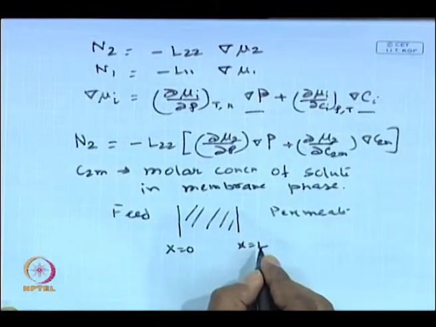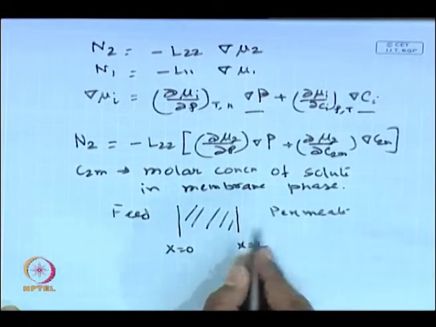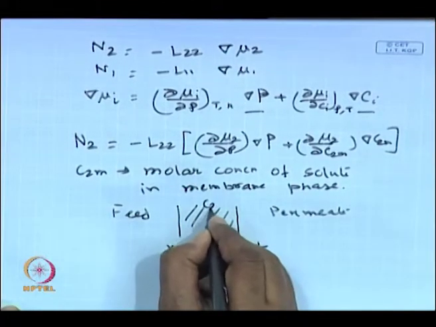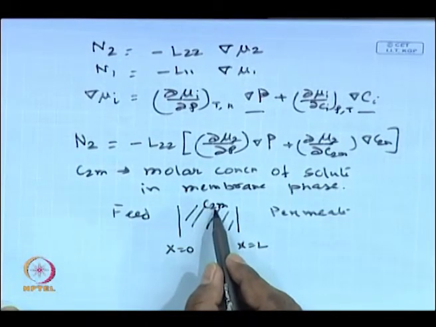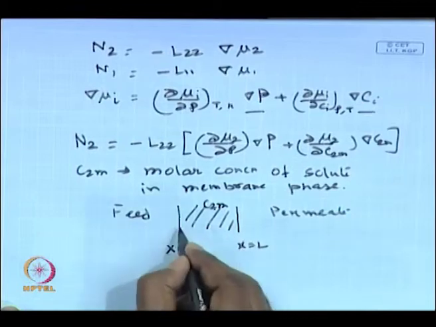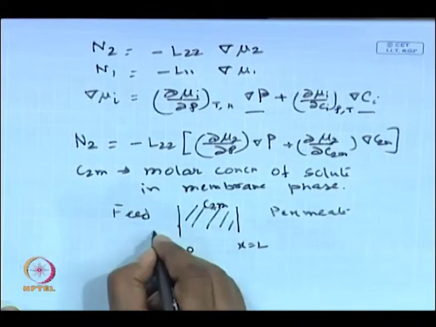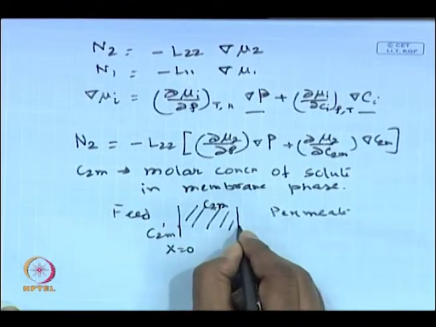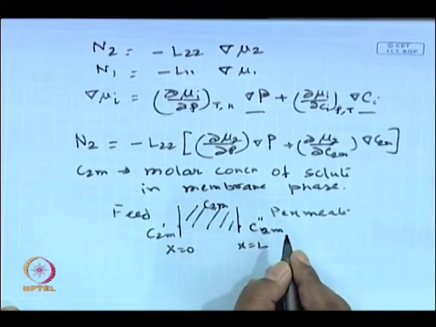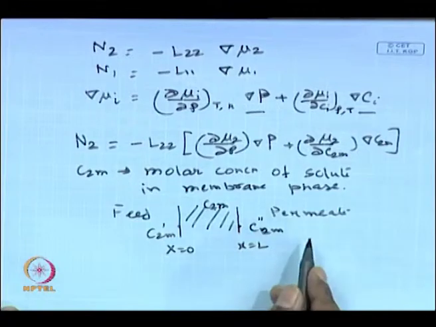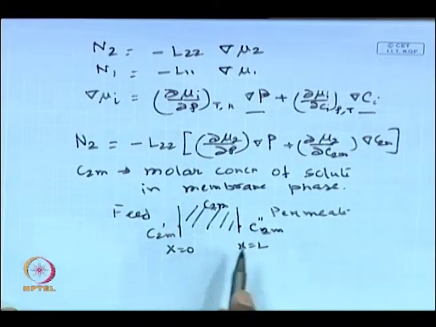L is the thickness of the membrane or the barrier, and C2m is the concentration over here in the membrane phase. You will be having a concentration in the upstream C2m prime and a concentration in the downstream C2m double prime, at the interface of the bulk and the membrane. So, this is basically steady